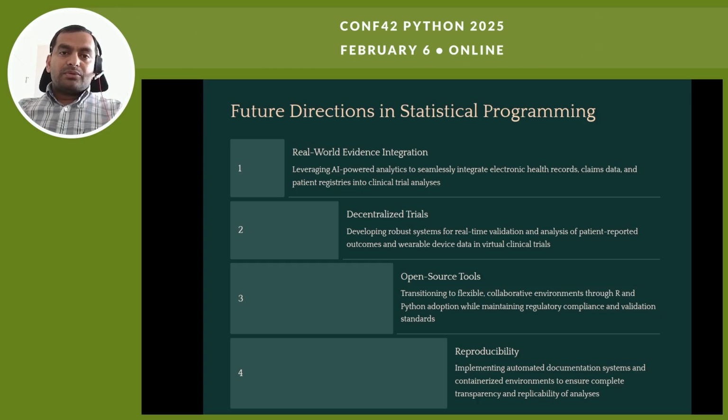The future of statistical programming is defined by 4 key directions. First, integrating real-world evidence data using AI-powered analytics enables the seamless inclusion of data from electronic health records, insurance claims, and patient registries, providing deep insights into clinical treatment outcomes. Second, decentralized trials are becoming increasingly important, relying on robust systems to validate and analyze real-time patient-reported outcomes from wearable device data, making clinical research more